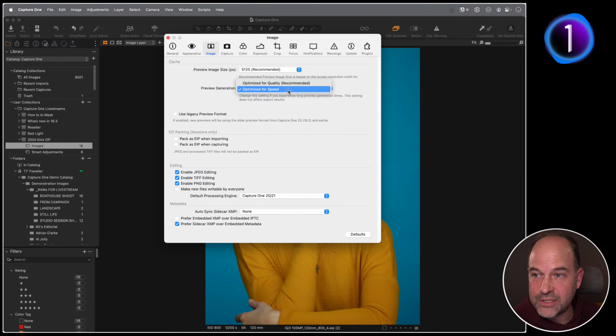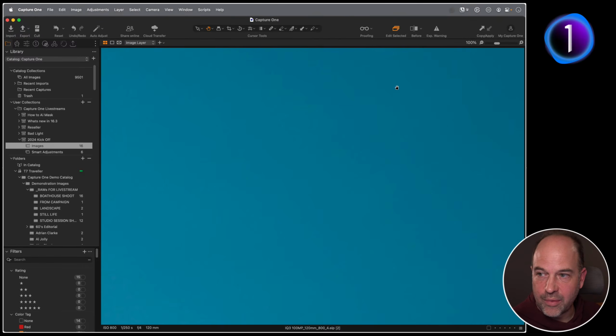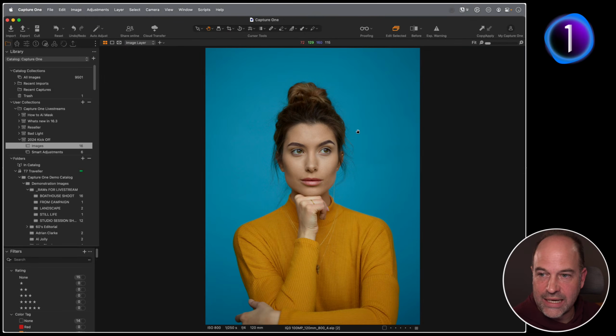I've gone for speed because, to be honest, I've personally yet to come to a situation where I've seen a quality issue with the preview. The only thing you might want to look out for is posterization or some graininess on a finely graduated background, but I have yet to see it. So cool.